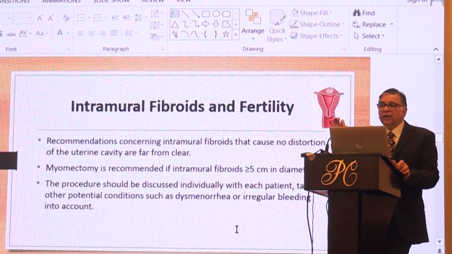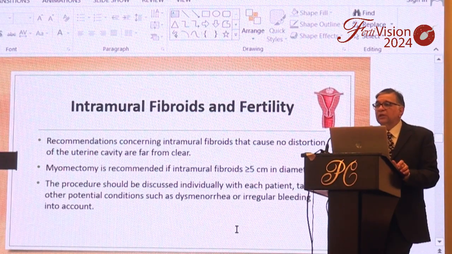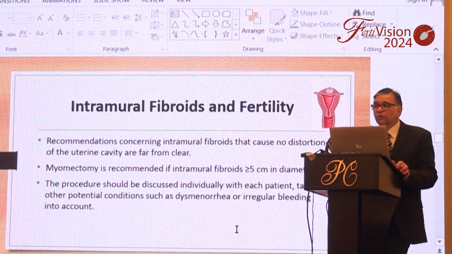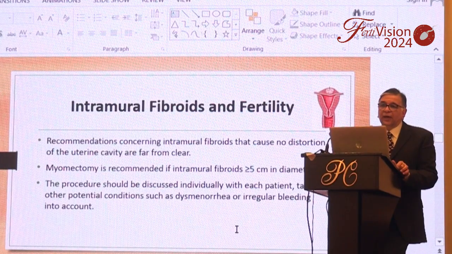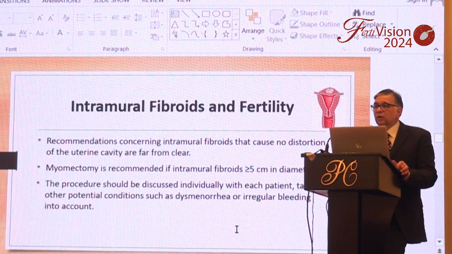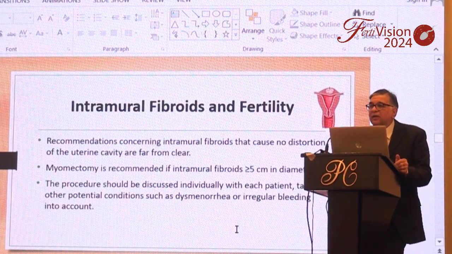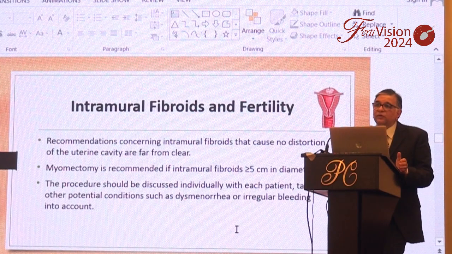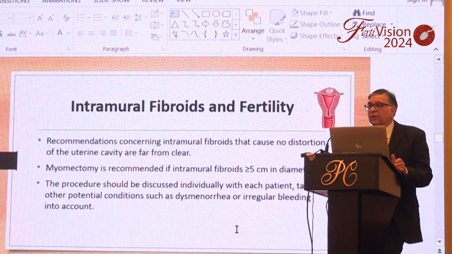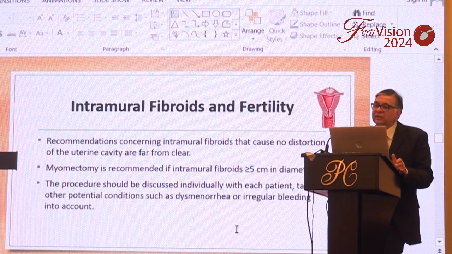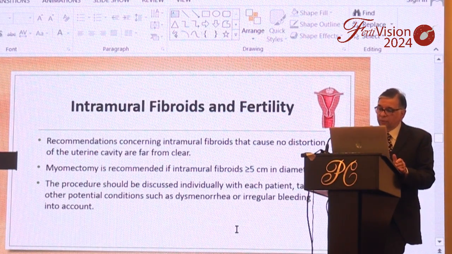But if the fibroid is well clear of the endometrial cavity, then you should really consider that if you can do away with the myomectomy, you should. If any of the prognostic factors I mentioned earlier is active, then those are the patients where you would rather offer them myomectomy. Otherwise, if you see asymptomatic fibroids or fibroids with some menorrhagia, but no other reason to warrant surgery, then don't.